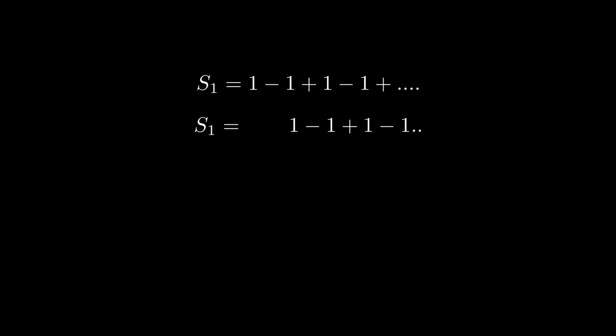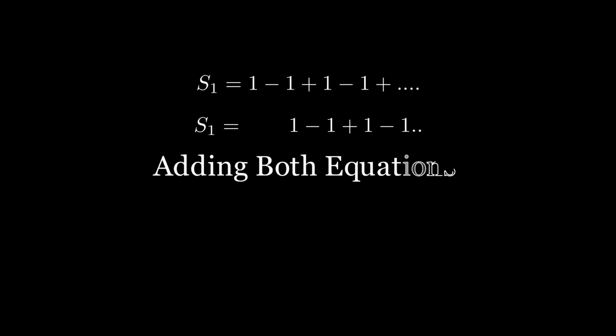Well, to find its value, first we will shift it over one place. And then we can see that the minus 1 of upper equation and plus 1 of below equation align. So we can add both equations up and we get all of these beautiful cancellations. We'll reach 2s1 is equal to 1, and thus we find the value of s1 as 1 by 2.